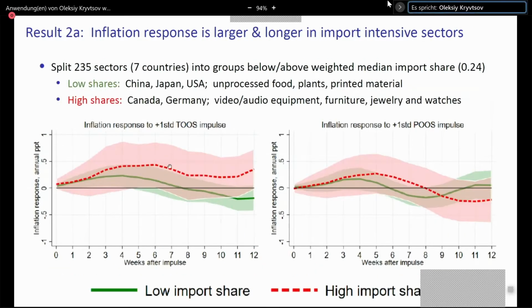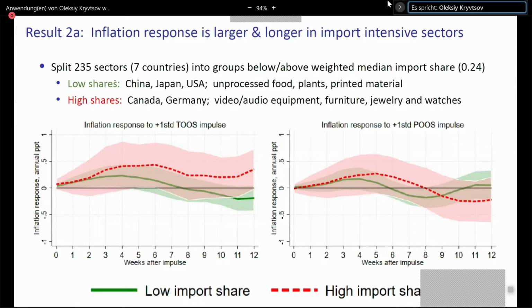We wanted to ask, can we say something about this inflationary link? Can we use some additional data to shed some light on where this comes from? And here we did 2 exercises, where we separate goods or sectors by their exposure to imports. So here I'm showing you the breakdown of the previous picture, where we separate sectors into two groups. One is more import-intensive sectors, and the other one is less import-intensive sectors.